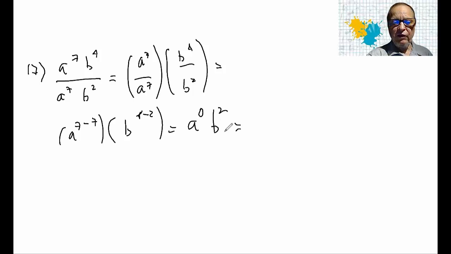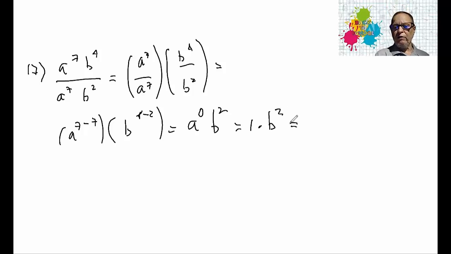And it turns out anything to a 0 power is equal to 1. So our a to the 0 is equal to 1, and then b squared. But we usually don't write the 1, just like when we have a silent E or something like that. We may write it, but we don't say it. But in this case, we see that it's there, and we know that that 1 is there, but we usually